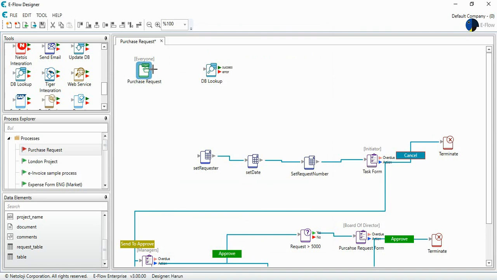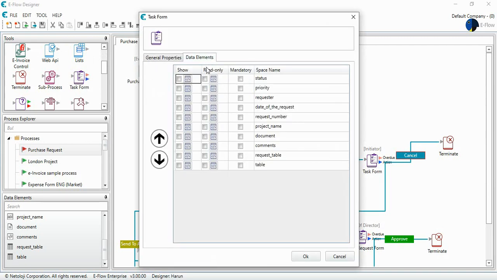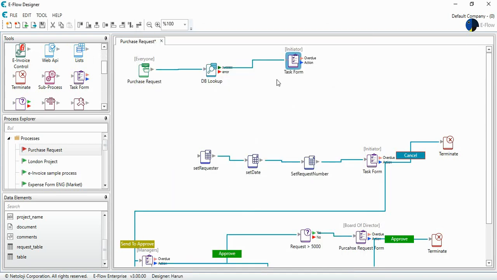And I want to display this table at a task form. So let's drag and drop the task form, and at the task form I say I just want to show the table. So the query is ready and it's matched with the table with the SQL query, and I save it, I